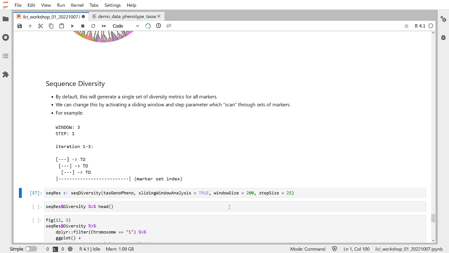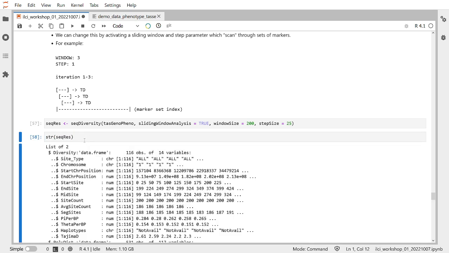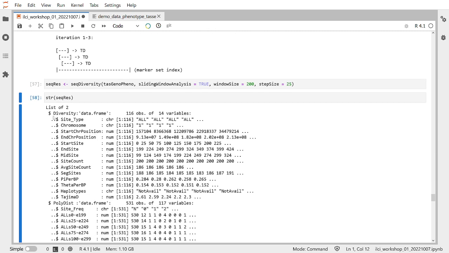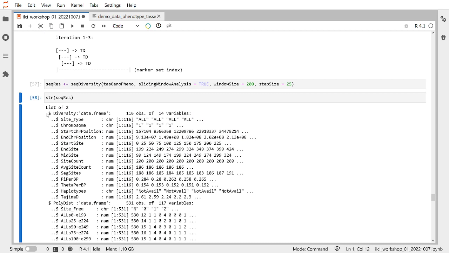So we run that, and I'm going to look at the structure. So I'm going to call str on that object, and we get again another list of data frames. This is just the same as being reported within the TASSEL 5 API. The thing that we're really interested in is this diversity component, which is the data frame of